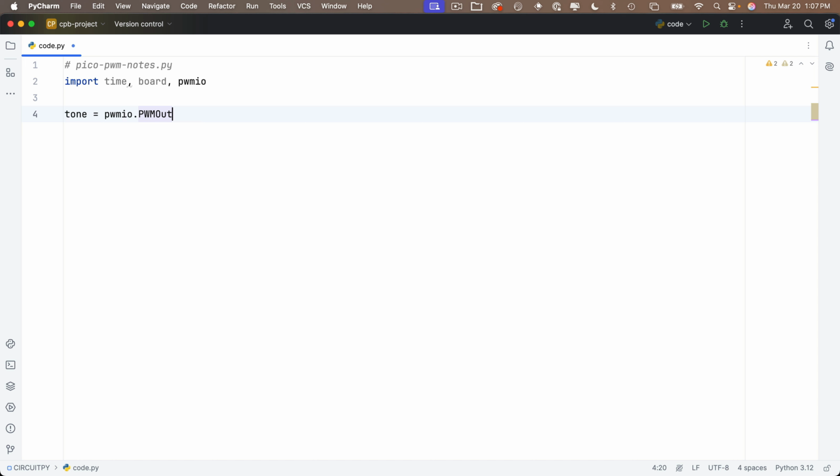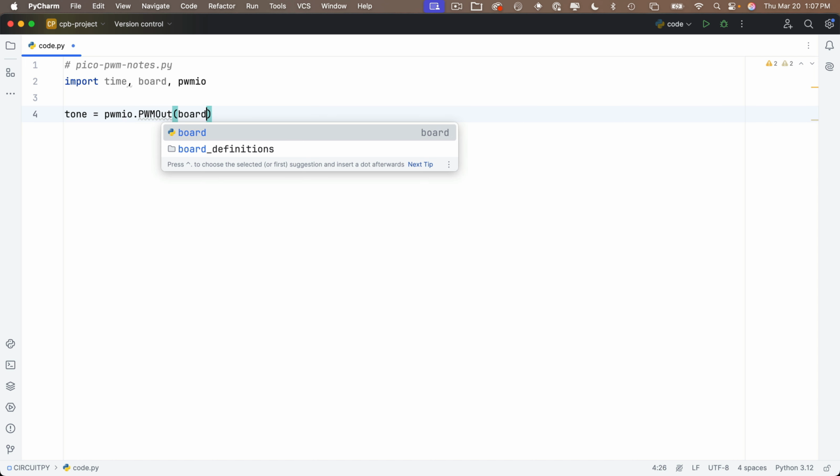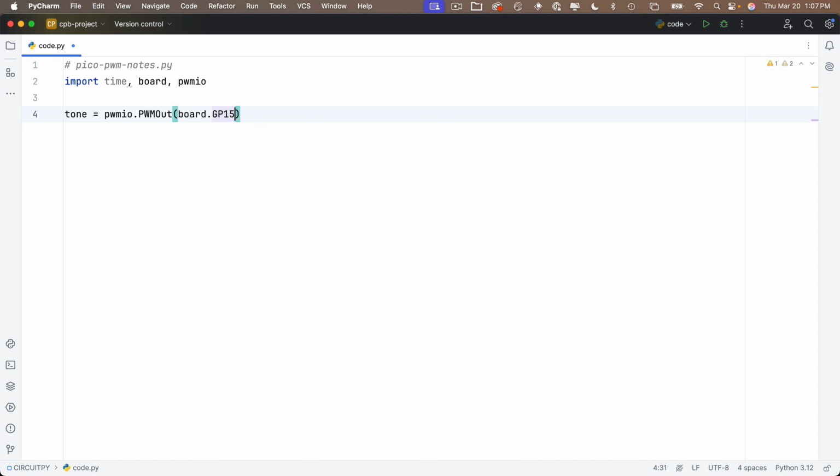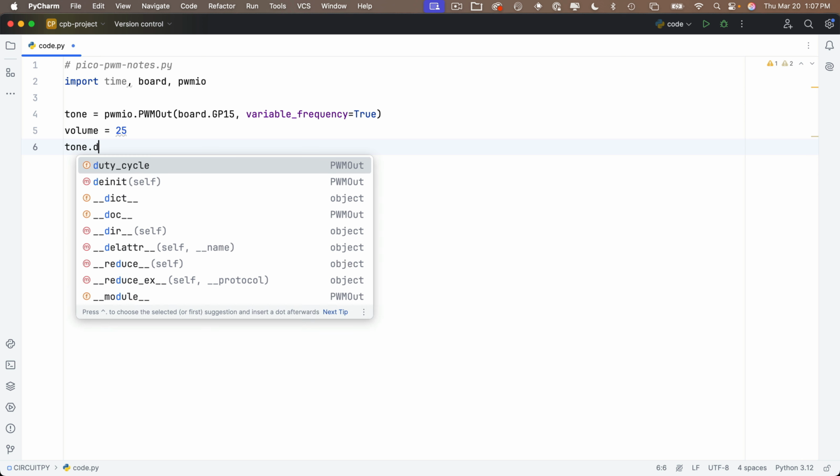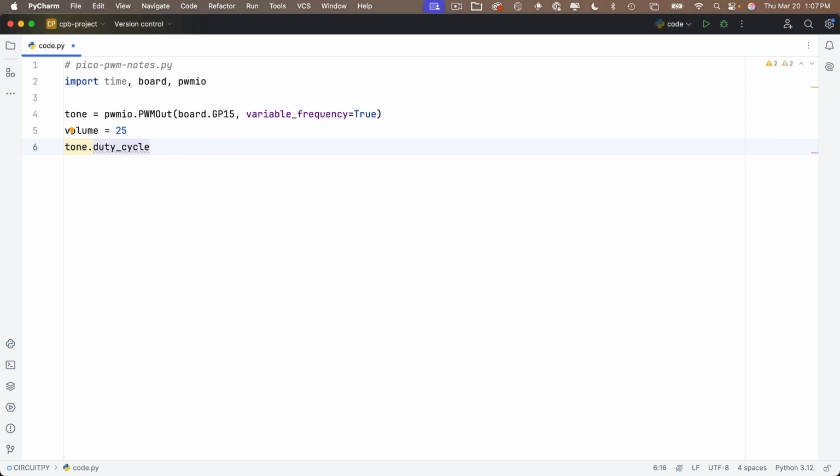That's with the PWM and the O all in caps. Then in parens, board.GP15. Remember to change this if you've clipped the tip of your audio jack to another pin, then comma, variable_frequency equals True. Then I'll create a variable called volume and set that equal to 25. And the way that we're going to change the volume of our speaker is we'll set tone.duty_cycle equal to volume. And just as a note, about 32,760 is full volume, and anything less than that will lower the